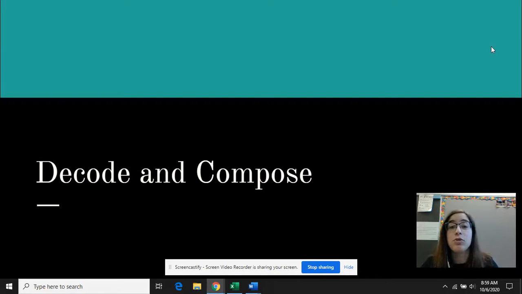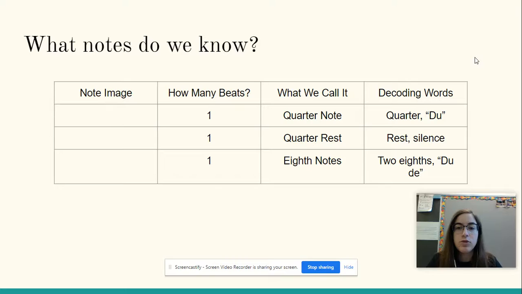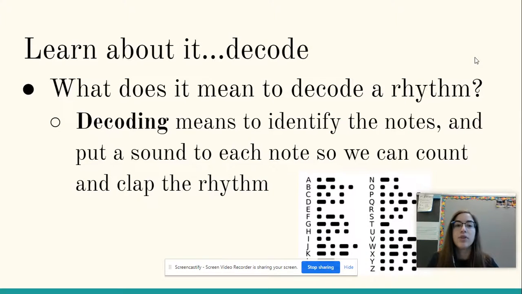Today I'm going to take you through a slide deck that I created to show you what decoding and composing looks like. So to get started, the first thing is learning about decoding. What does it mean when we say we're going to decode a rhythm? Decoding means to identify the notes and to put a sound to each note so we can count and